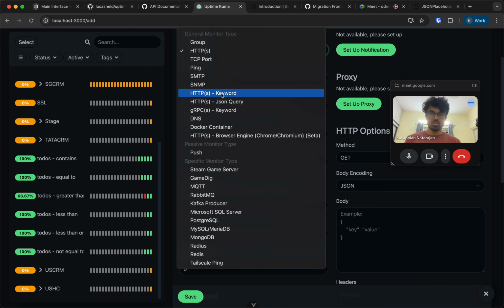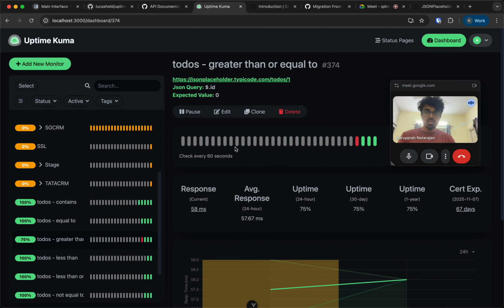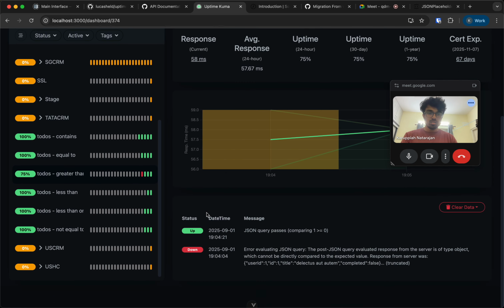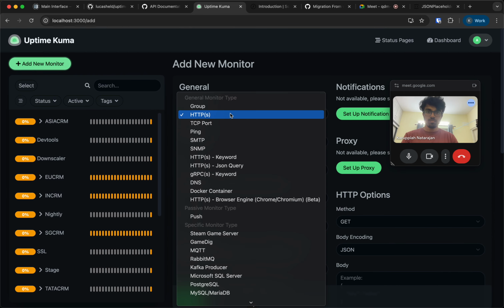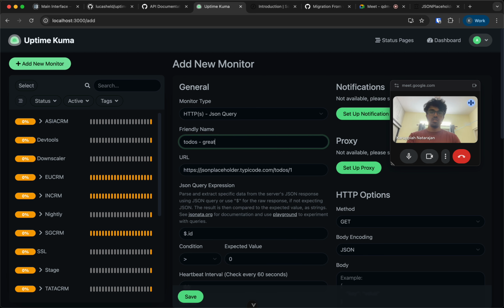This one, query. So greater than or equal to is there, I think. Greater than or equal, is it there? Greater than or equal to here? Greater than equal to? What about greater than? Greater than equal to is there. Greater than is not there, I think. So that's the last one. So listen, greater than equal to, greater than 0 dot id is 1, to do's greater than,